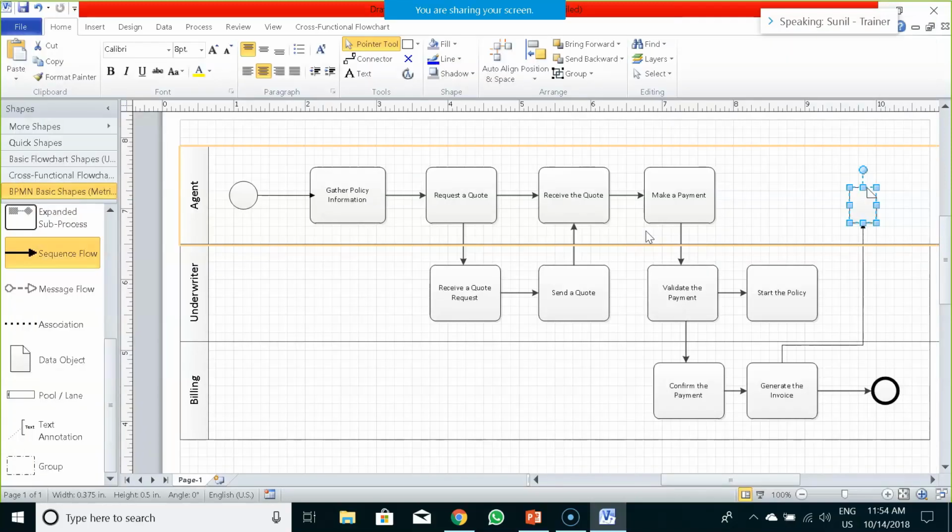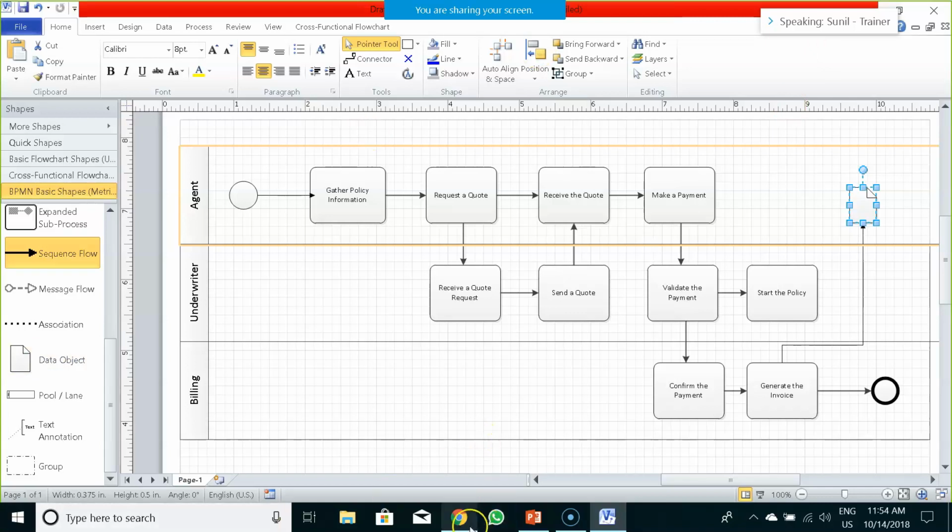Okay, and Sunil, other than Visio, what all tools are available in the market that are used? If you consider an enterprise level thing, every company uses Visio. So there are hardly any other tools being used when it comes to process modeling. Process modeling is essentially done by Visio, in any organization you say. For other things like UI screens and mockups, we can use any XYZ tool. But when it comes to process modeling or creating UMLs, they heavily rely on Visio.